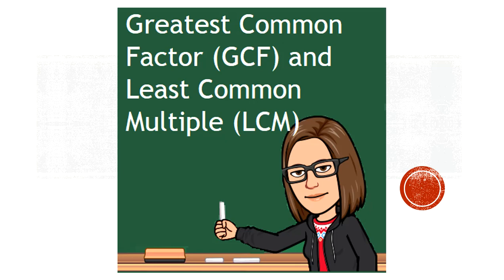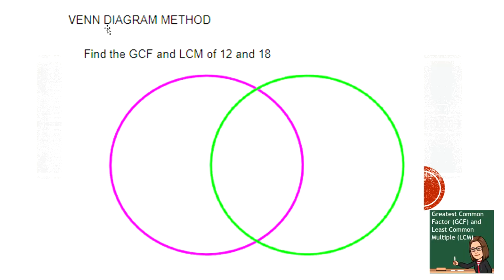We're going to continue with the greatest common factor and the least common multiple. I'm going to show you the first way to solve it, and this way is going to be called the Venn diagram method. I like this method, but I have another one that I like a little bit more, but I want to show you this way because if this way makes sense to you, I want you to do it this way. So I'm going to show you how to find the GCF and LCM of 12 and